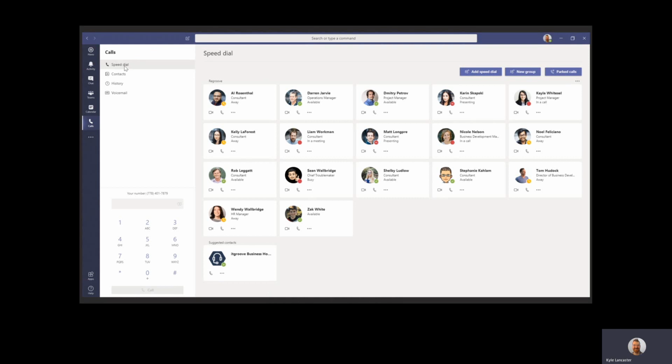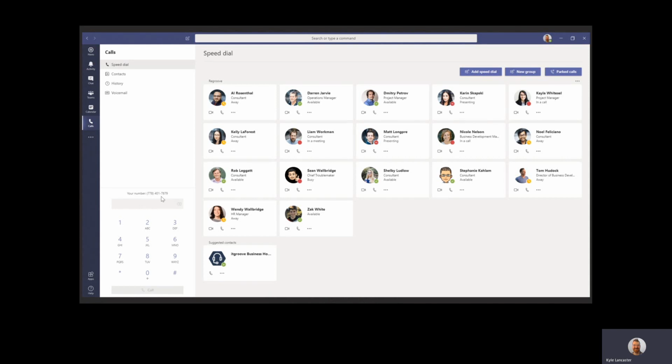And I've also got speed dial, so I can set up a speed dial just like on a cell phone. You can have your favorite lines ready to go. You've got your contacts list. You can add contacts, it operates just like a cell phone would, or any kind of phone system. You've got all the features: speed dial, contacts, call history, voicemail. So if you click on history, you can see who the last person you called, when they called, incoming or outgoing calls. Right above the dial pad here, you can see that I've got my phone number. So if you wanted to call me, this is my number.